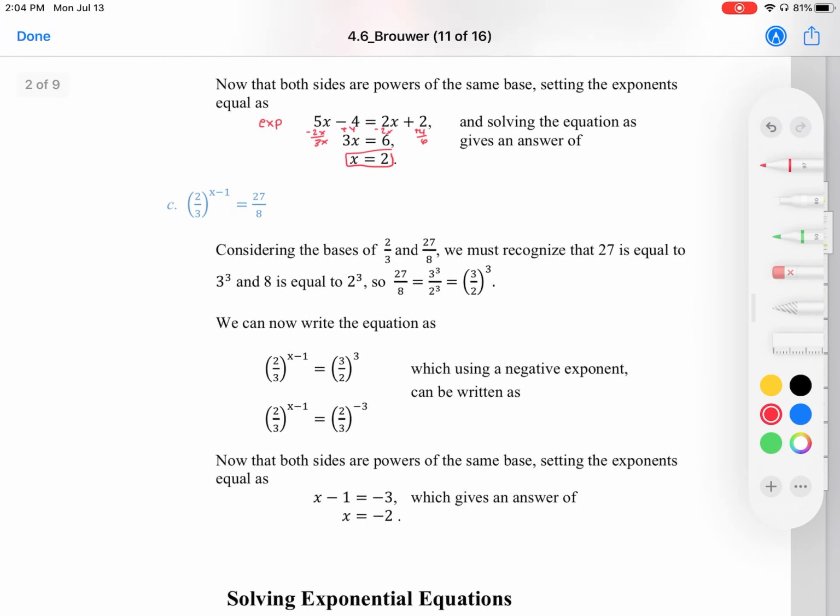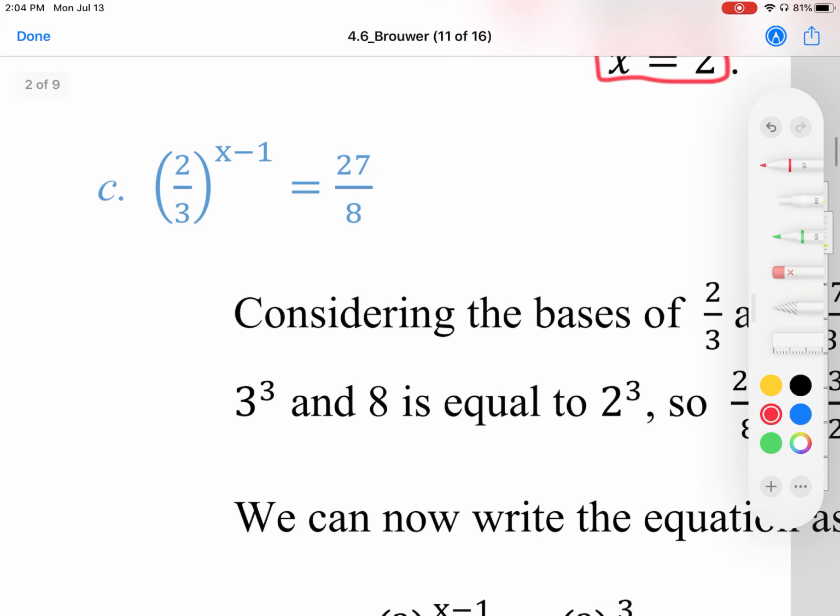What about example C? All right, here we have bases that are not the same. I have 2 and 3 and 27 and 8. Is there a way to write them with the same base? Well, let's think about 27. 27 is the same as 3 cubed, and 8 is the same as 2 cubed. And aren't 2 and 3 the bases we have on our other side of the equation? Yes, right? So I can go ahead and replace 27 over 8